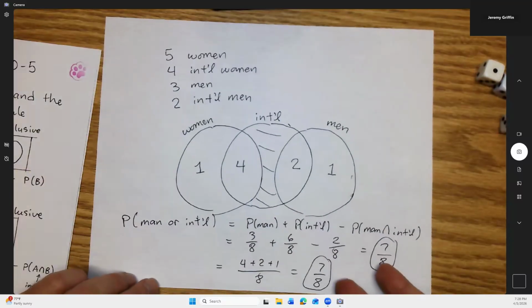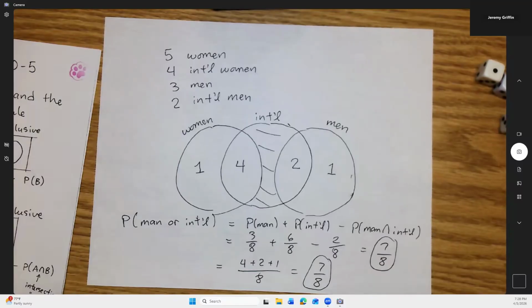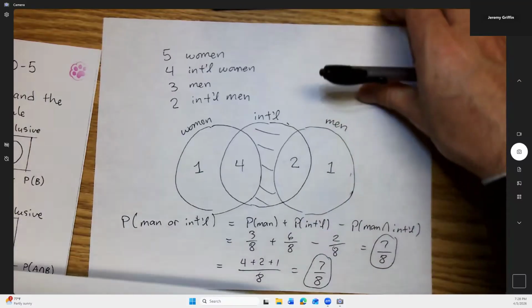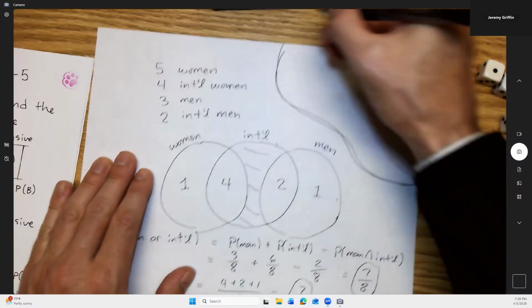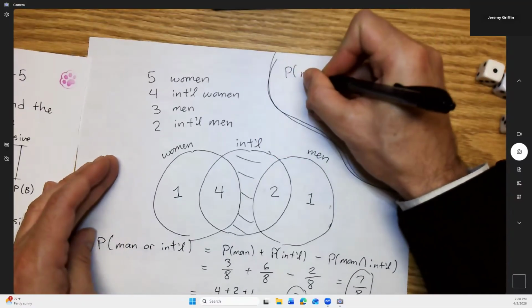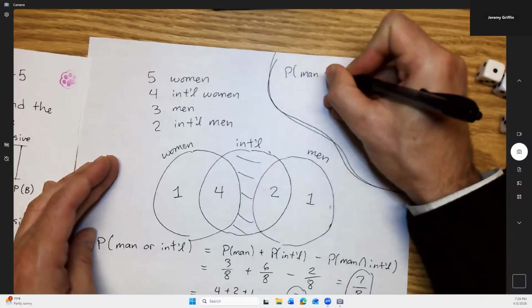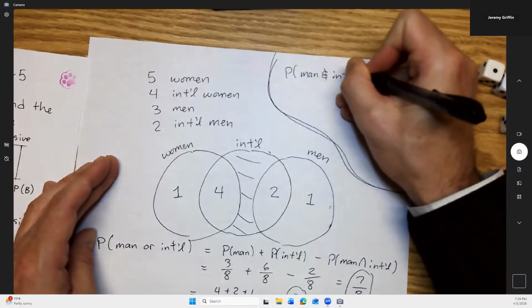So a couple of different ways to look at it, perspectives, but you'll get to the same answer. Now, if they change one word in the premise, the question, if they said probability of man and international, or maybe I'll just do this up here, you would get a different answer. So probability of man and international,